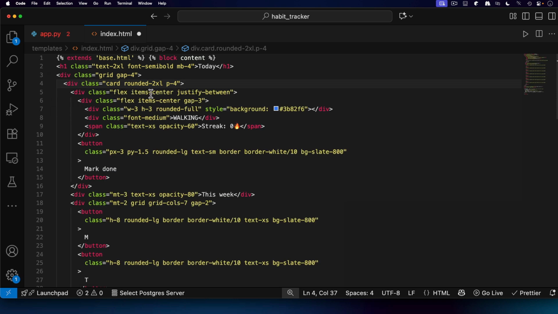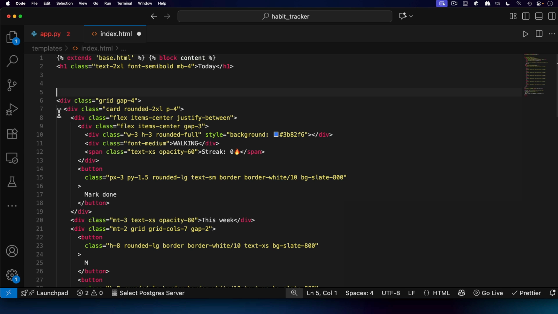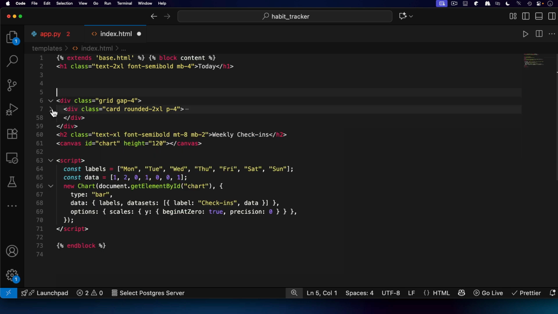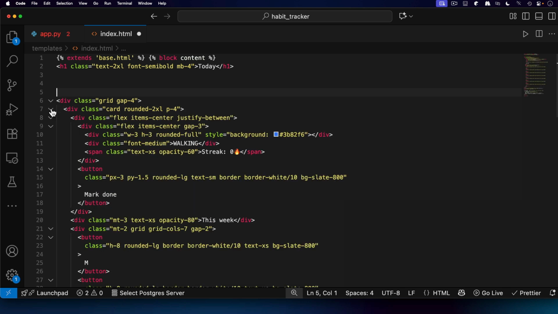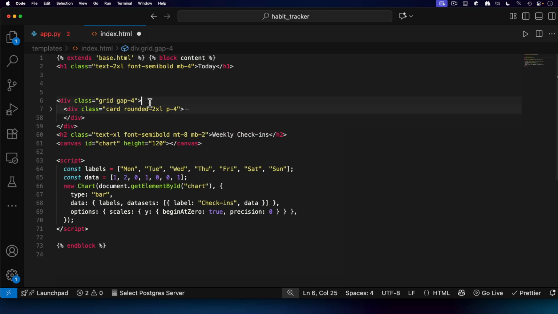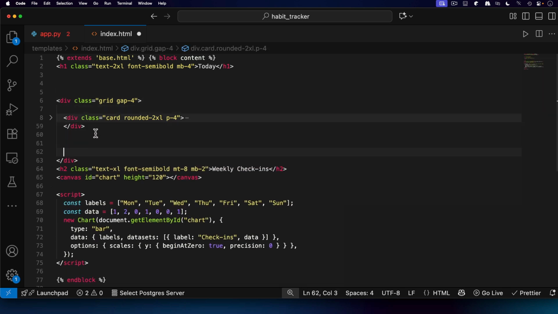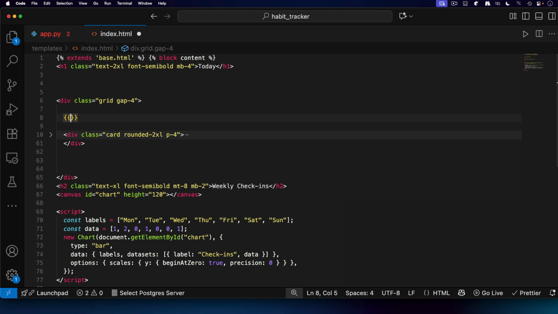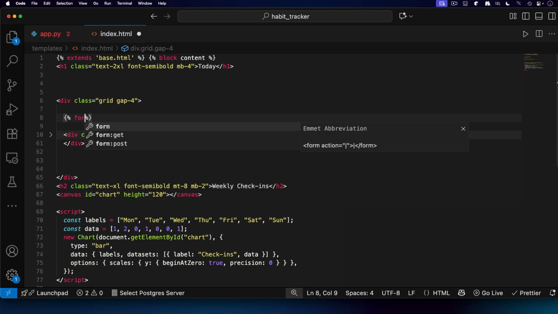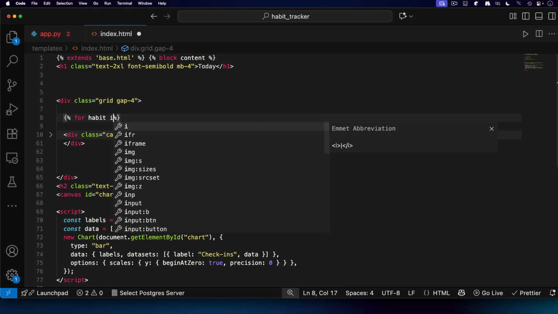Let me see, where is this grid right here? This is the whole thing. And this is the card. All right, so this is the whole thing. We gotta do it right here. All right, because this is the grid and this is the card, all right? So let's go ahead and play around with this right away. So we're gonna say for habit in habits,